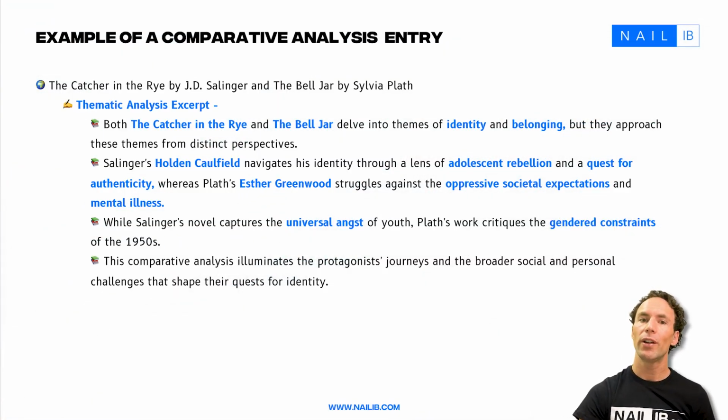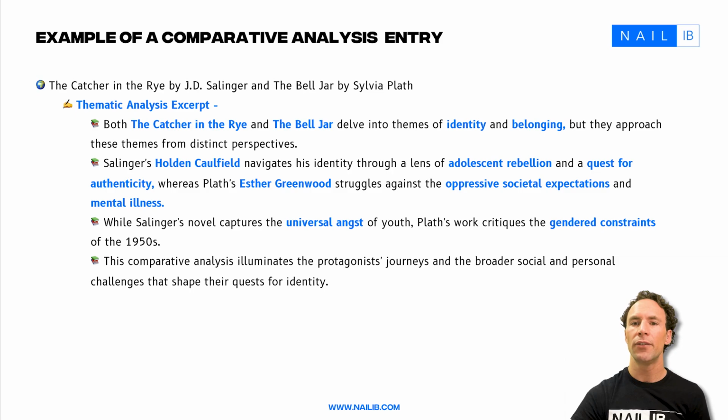Hi everybody, welcome to this next session for the Learner Portfolio on comparative analysis essay. For this section, we will explore the example that compares Jane Eyre by Charlotte Brontë and Wide Sargasso Sea by Jean Rhys. The comparative essay excerpt reads, both Jane Eyre and Wide Sargasso Sea explore themes of identity and autonomy,